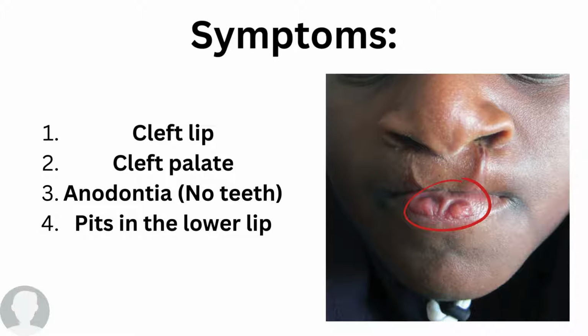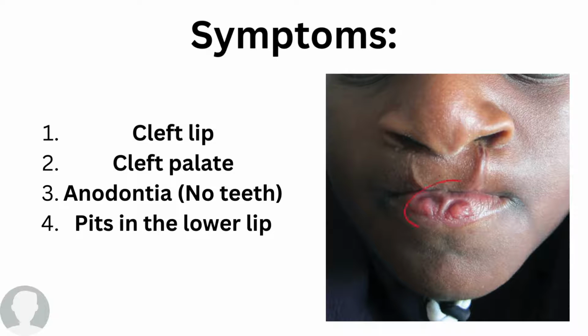Patients with ectodermal dysplasia will have partial anodontia, which means that less than 6 teeth are missing. But we can also see in patients with ectodermal dysplasia oligodontia, in which more than 6 teeth are missing. So it can be either hypodontia or oligodontia for ectodermal dysplasia patients. Anyways, my topic is not about ectodermal dysplasia, and if you want to understand more about it, you can see my previous videos.